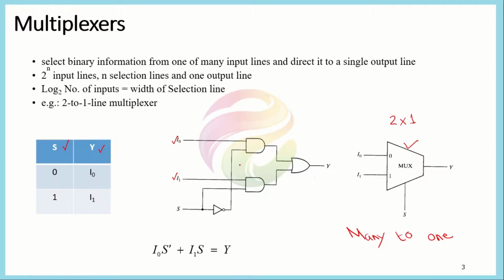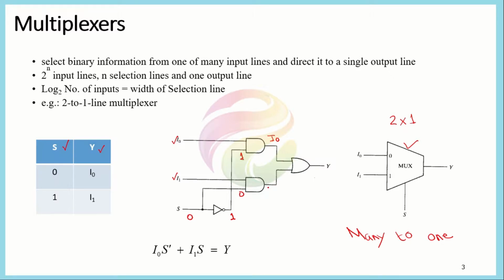It is quite a simple circuit. You can see that we have represented it by two AND gates. This is the selection line here. When the selection line value is 0, when S is equal to 0, then in that case this value would be equal to 1, and we would have 1 here. In this case, we would have 0 here. Because of having 0 here, this AND gate will not respond to any changes in I1. But when this value is 1, whatever the value of I0 is will appear in this part too. And similarly, if we OR that,